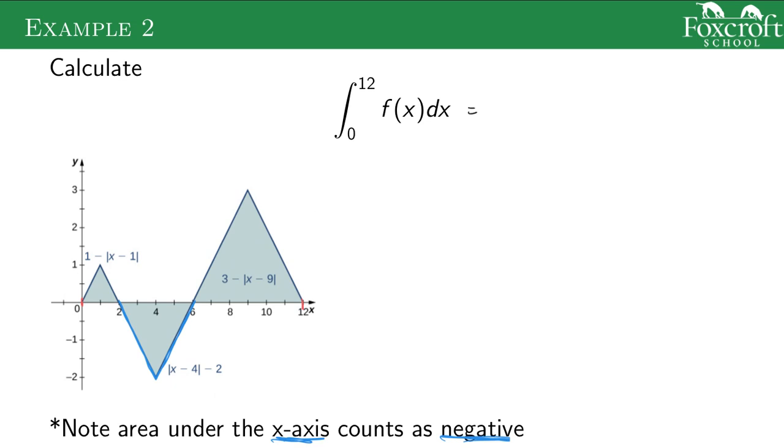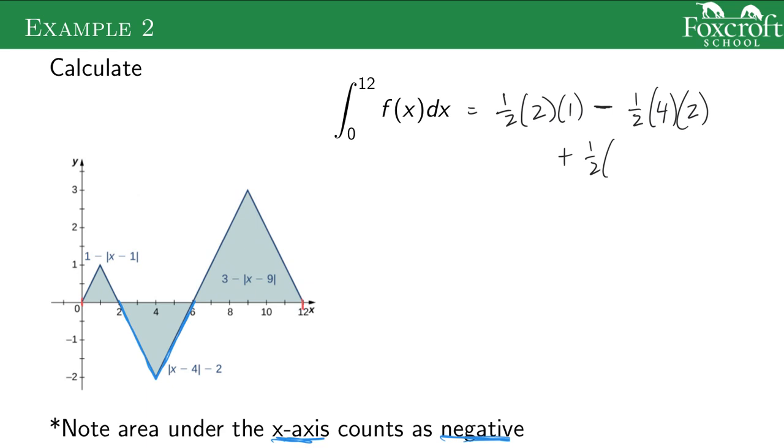All right, so when we go to find this area, we do the first triangle. That's going to be 1/2. The base is 2. The height is 1. Then I'm going to subtract. It's going to be a negative area. The next triangle, 1/2. The base is 4. And the height is 2. I don't want to say the height is negative 2, because I'm thinking about just the area of a triangle and then I make it negative. So I already took care of the negative with that minus sign. And I add the last